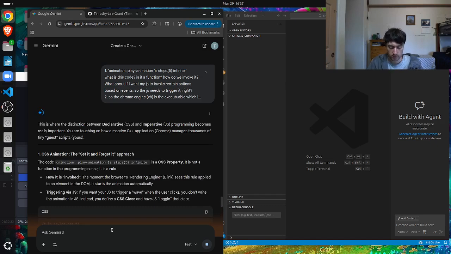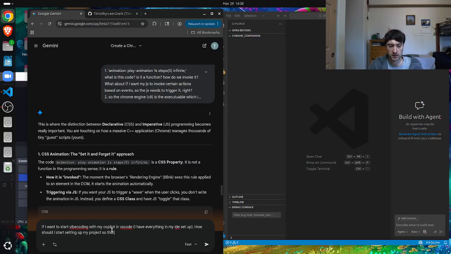So now, if I want to start vibe coding with my Copilot in VS Code, I'm just going to say, I have everything in my IDE set up. How should I start setting up my project